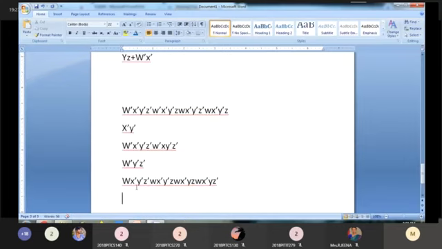Okay. Then W, 4 W's are there. You have to consider only one W. X bar, 4 X bar. So you have to consider only one X bar. Y bar, 4 Y bar. Consider only one Y bar. No, 2 Y's and 2 Y bars are there. So you have to cancel all the Y's and Y bars. Z also 2 Z bars are there. So you have to cancel the Z. So your answer is W X bar Y, W bar, Y bar, Z bar plus W bar, Y bar.